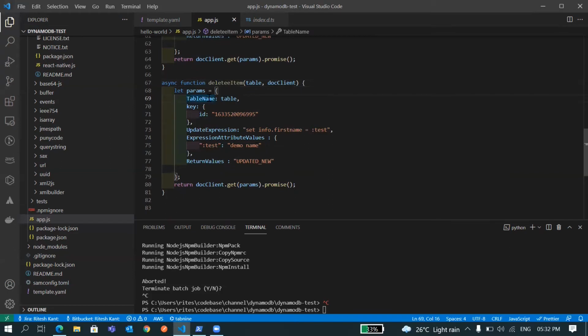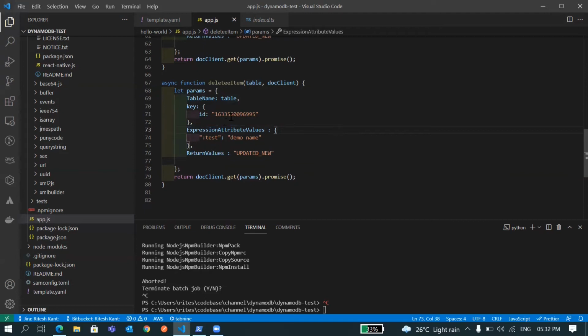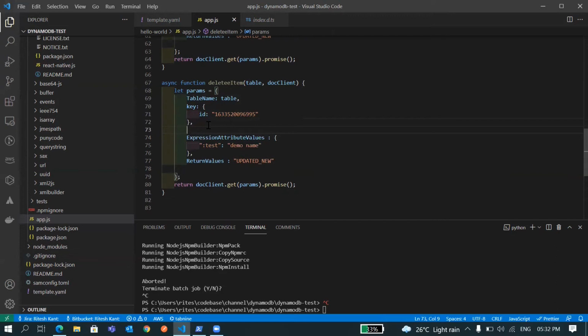Delete item, and here table name is required, key is required. Then we are not going to update here, so this is not required. I'll remove this, and in place of that we are going to delete based on some condition. So I'm going to give a condition expression, and here I'll provide the condition. So if info.age is equal to